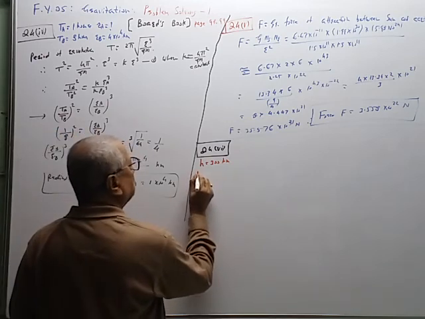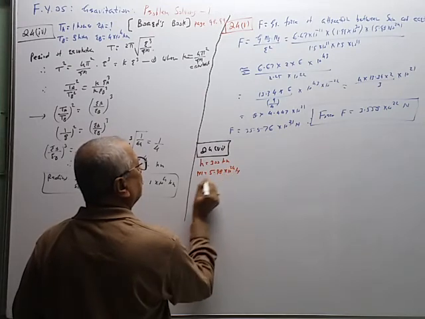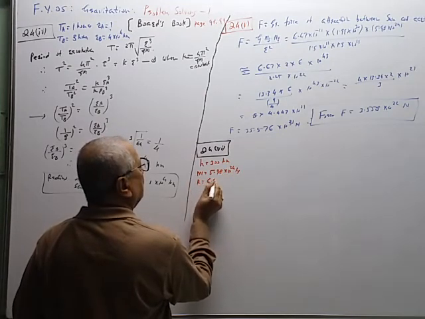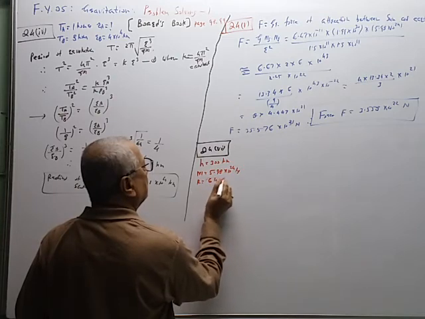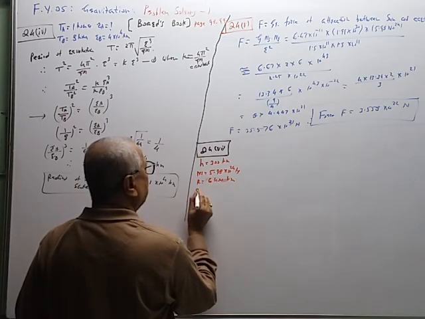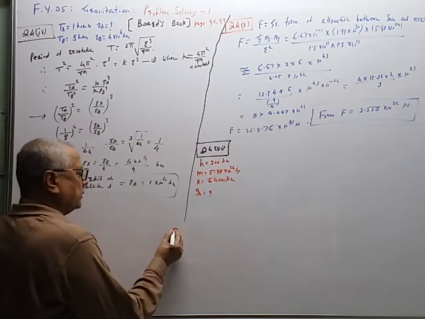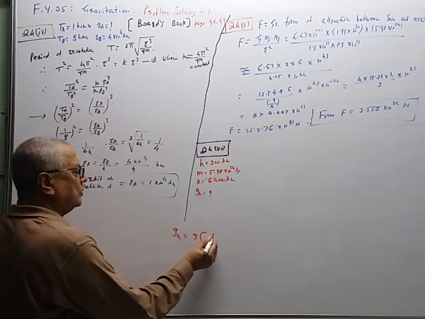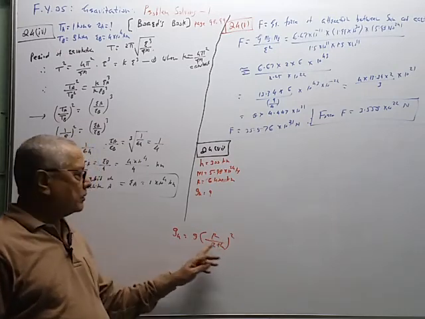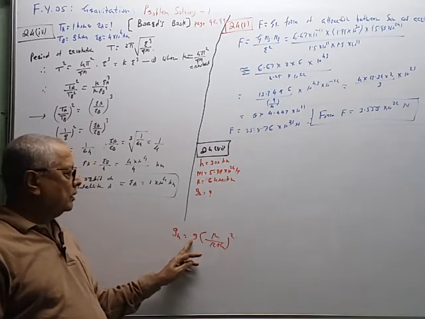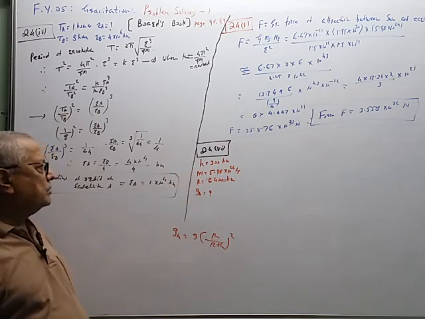So M is equal to mass of the earth, 5.98 into 10 to 24 kilogram. R is equal to, I will directly convert it, 6,400 kilometer, and we are to find g at height h. So this is one formula: g h is equal to g into bracket R upon R plus h whole bracket square. But we cannot use this formula because g is not given. But we use the value of M, mass of the earth, and therefore at height h, the value of g h is given by